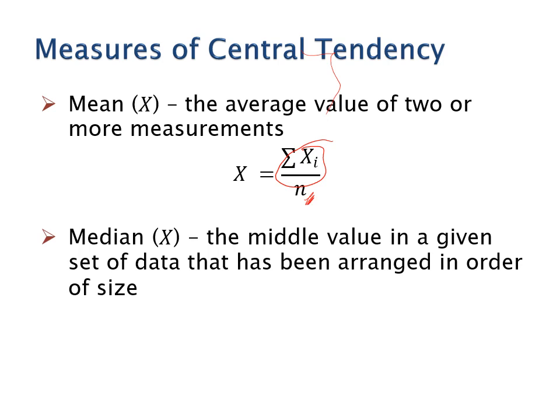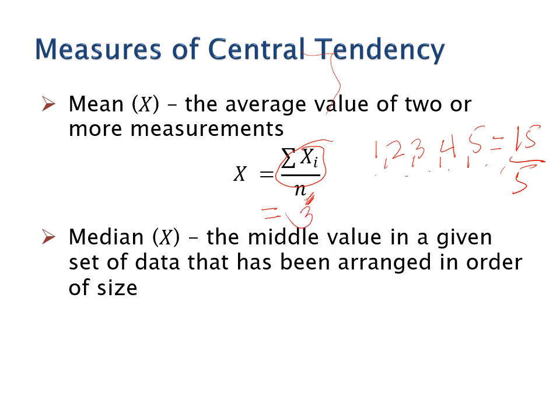For example, you have 1, 2, 3, 4, 5. So, kapag in-add mo sila lahat is 3 plus 3, 6 plus 9, 15 divided by 1, 2, 3, 4, 5, 5. So, ang mean mo is